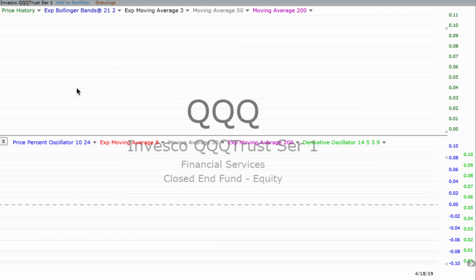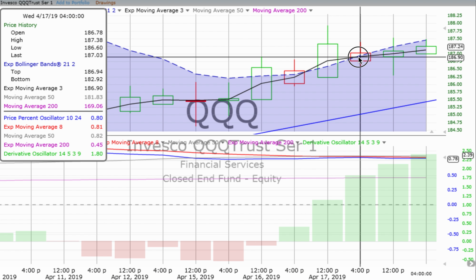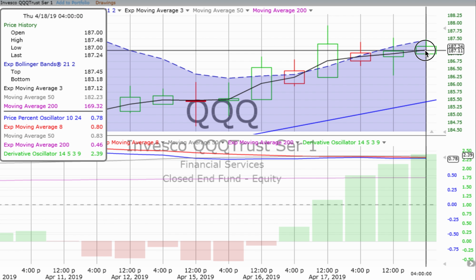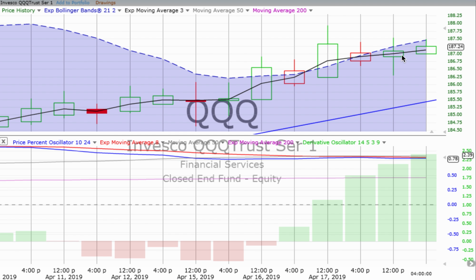And what do we see on the 4-hour chart? Well, we see, again, almost laminated. It's nice we see the derivative oscillator moving up, but we can see with the blow off on Wednesday afternoon, we've still not gotten price as high as it had been back on Wednesday morning. So again, keep your eye on the prize.